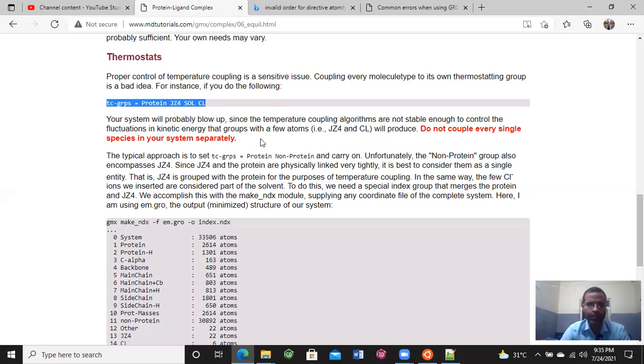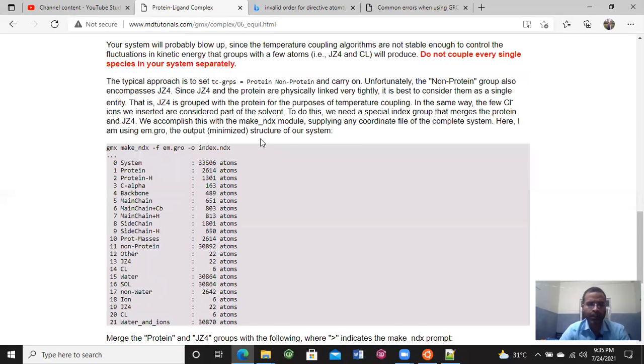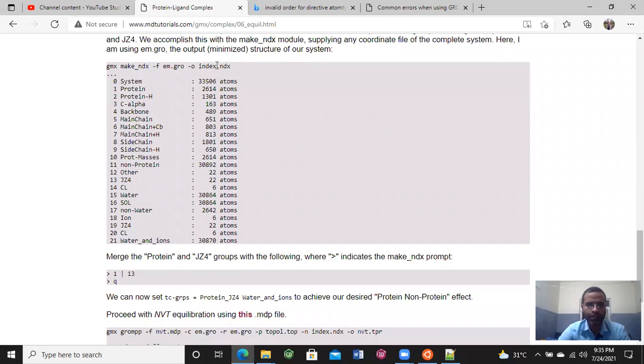So in the next command we will change the MDP file. Now we need to perform this command, that is merging of protein and ligand group.